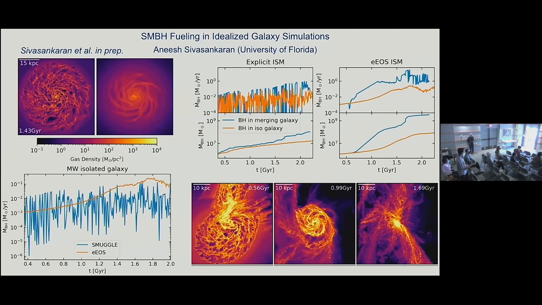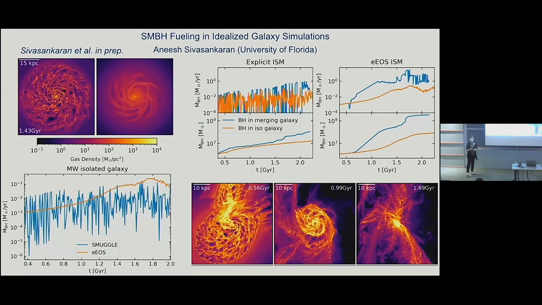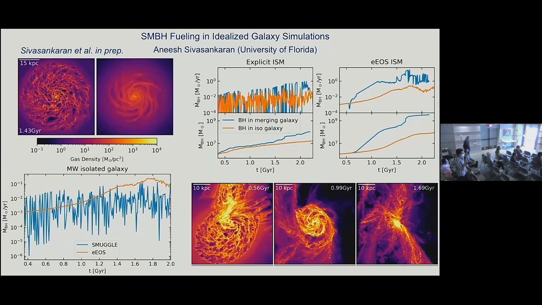And just to clarify, you mean a smaller enhancement due to merger-driven dynamics? Yes, when we compare them, we see something like an order of magnitude discrepancy between the predictions of the two models because of the strong stellar feedback in these simulations. So it's really important that we incorporate the multi-phase structure and the impact of stellar feedback carefully into these galactic scale simulations to accurately study black hole accretion. Right, thanks.